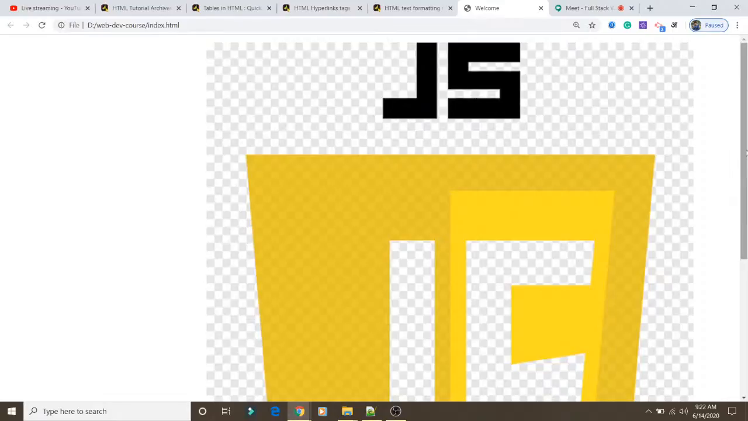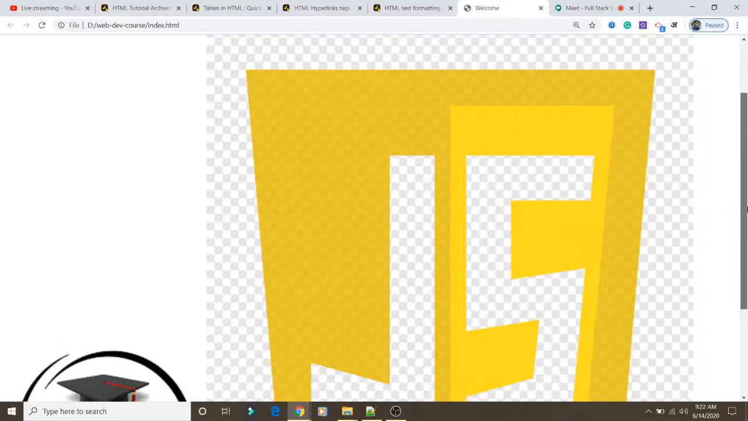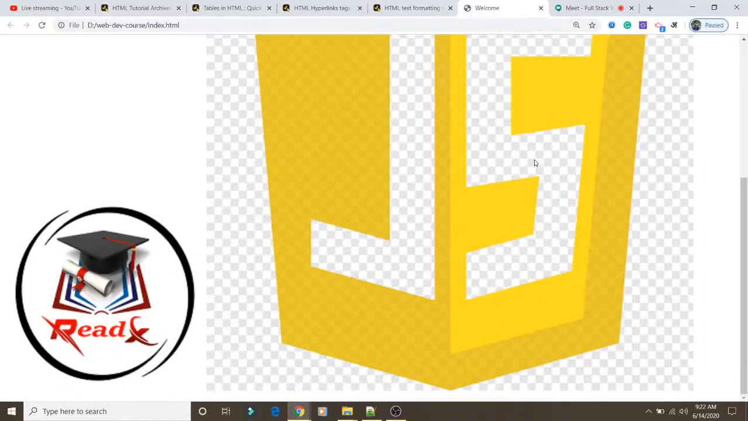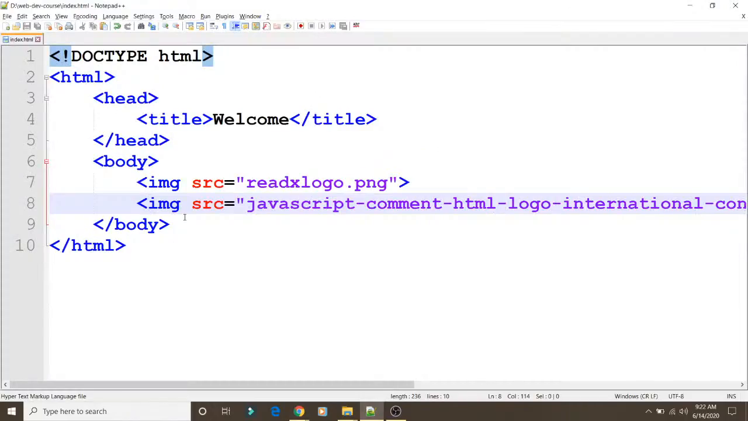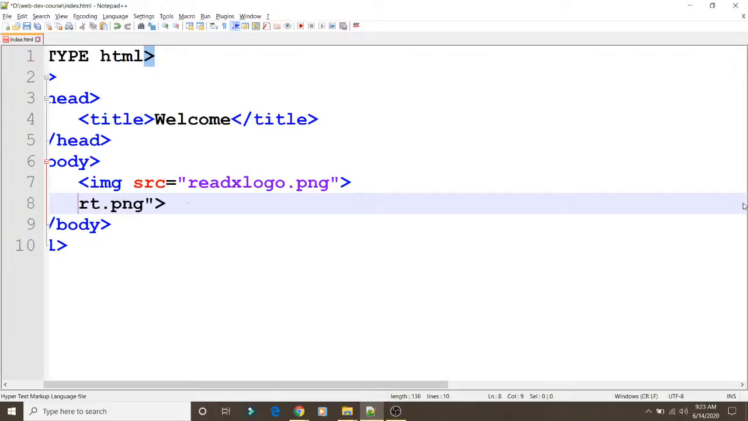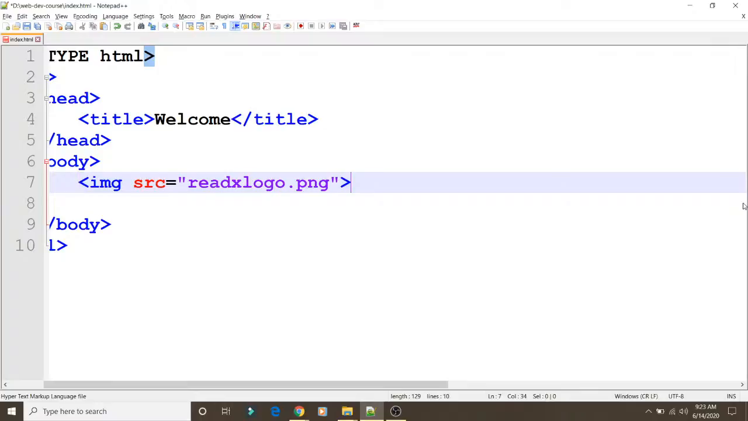So you can see this image is larger in size in comparison to this logo, so it is taking this much of place. Fine. So in this way you can insert the image in your web page. I hope you have got the idea about how you can insert an image in your page. Apart from that, we have some other